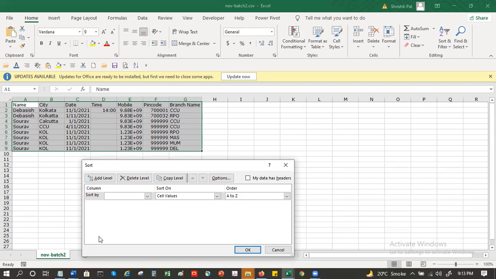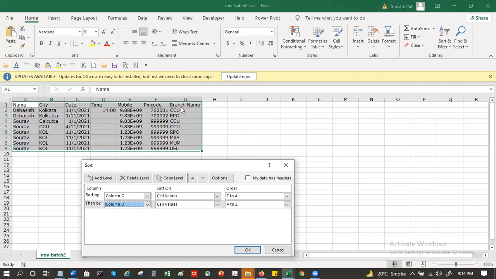So then it will say sort by column, let's say G, and I want it in, let's say Z to A. I add another level where now this one is column B, where it is the city, and I say A to Z. So now I am doing sorting in two levels.